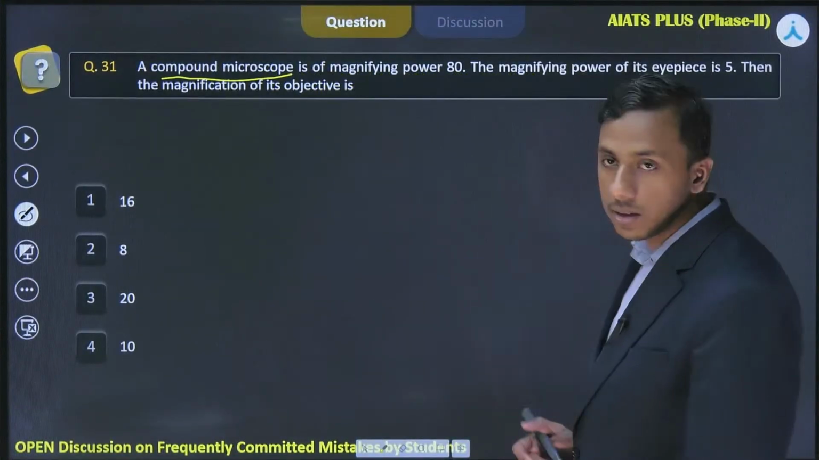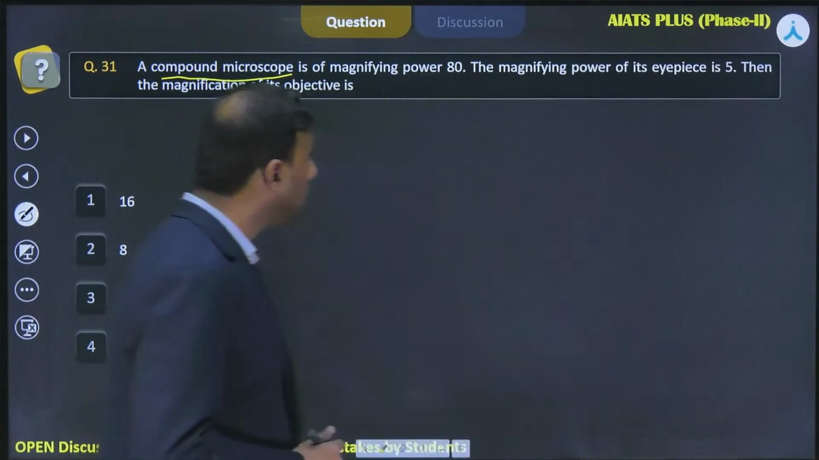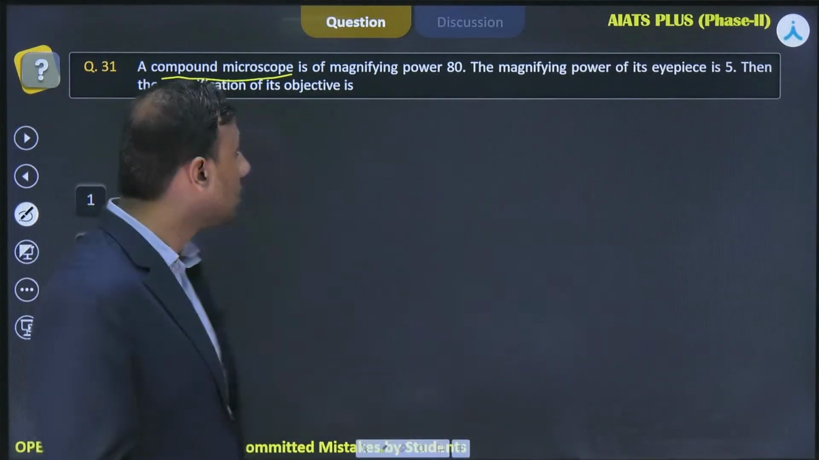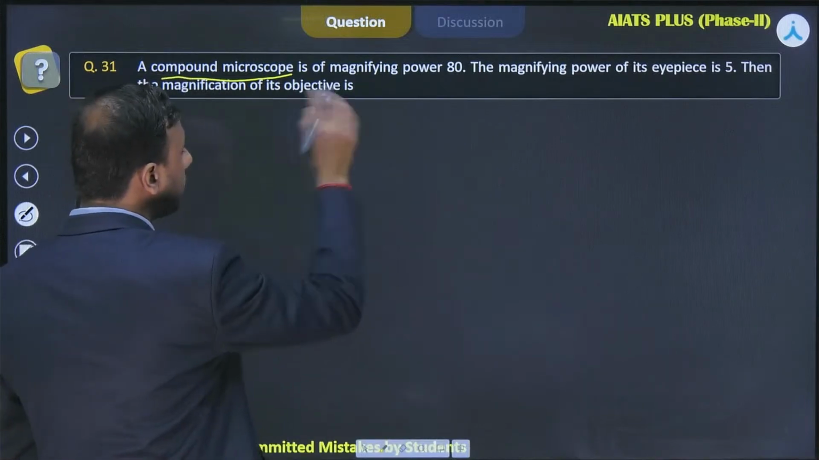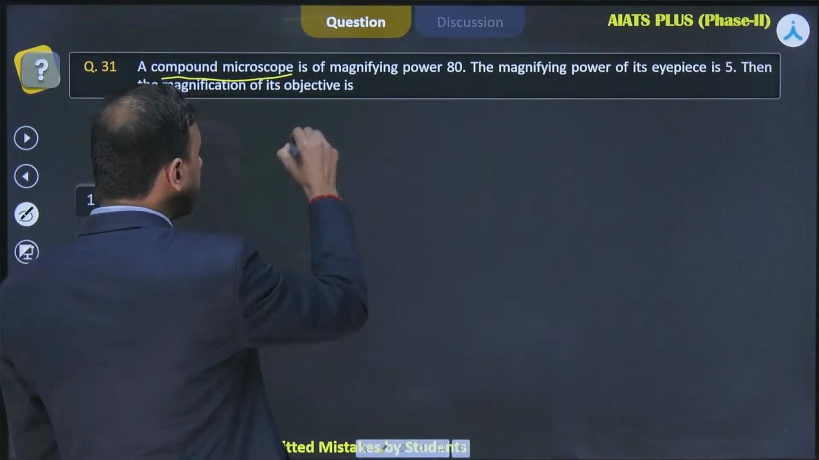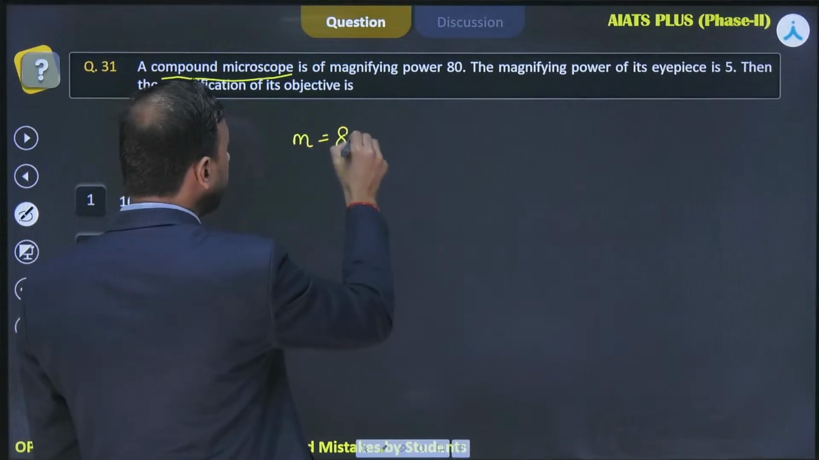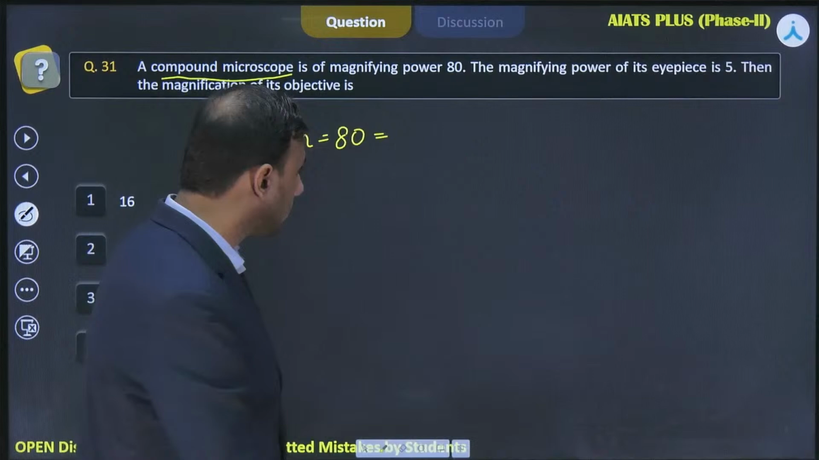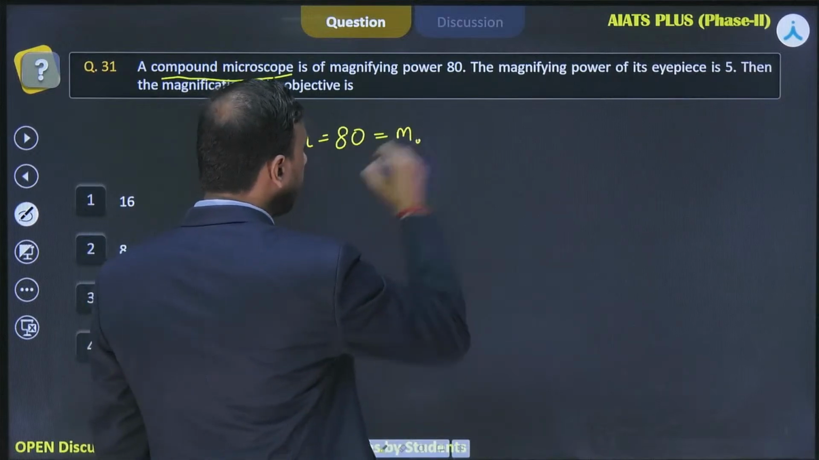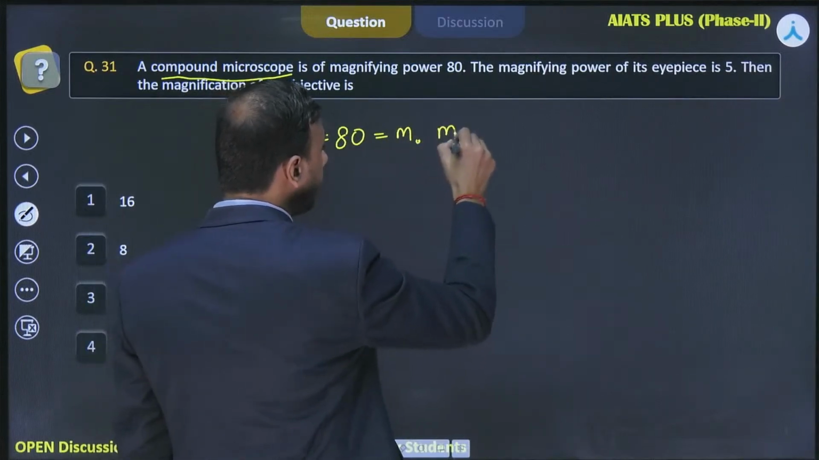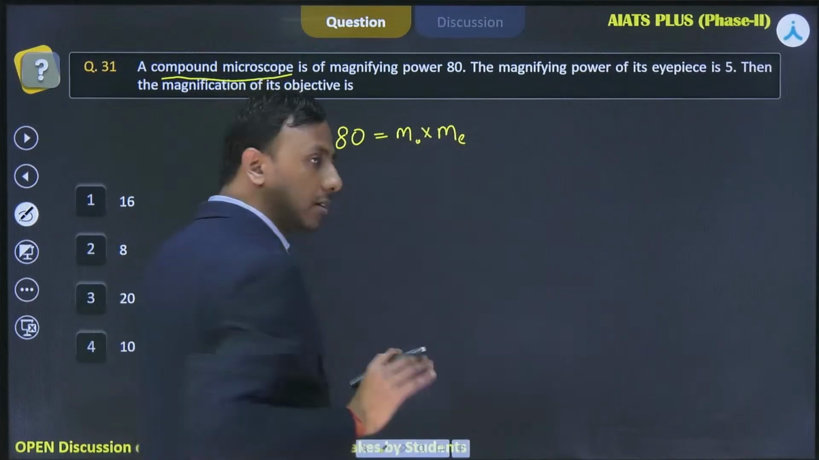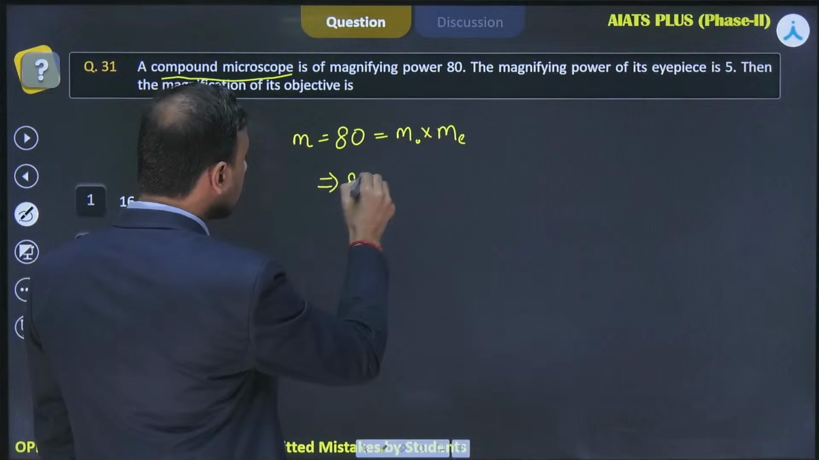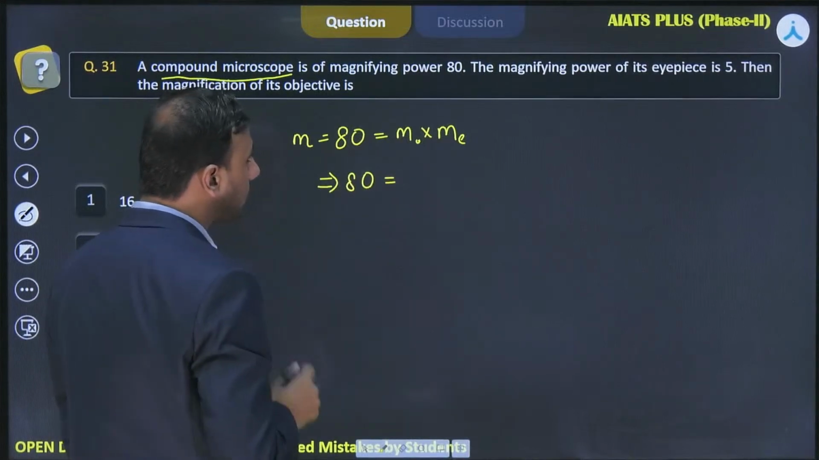See the question that we have not yet done, right? See here, the magnifying power of the microscope is given. So for the compound microscope, the magnifying power is 80. In terms of eyepiece and objective, what can we write it as? It becomes the magnifying power of the objective into the magnifying power of the eyepiece. Simple multiplication, right? So that means 80 is equal to, right? And also remember,